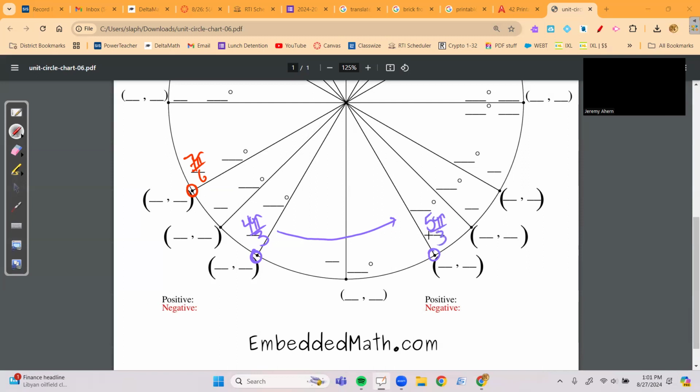And this last one cannot be expressed in terms of pi over 3. You could think of it as coming at it from the long way, or you could think of it as this. How far would you have to back up from the starting point to get to this last angle here? 1/6. And so what's 12 pi over 6 minus 1 pi over 6? So our final angle in our unit circle is 11 pi over 6. At this point, every blank should